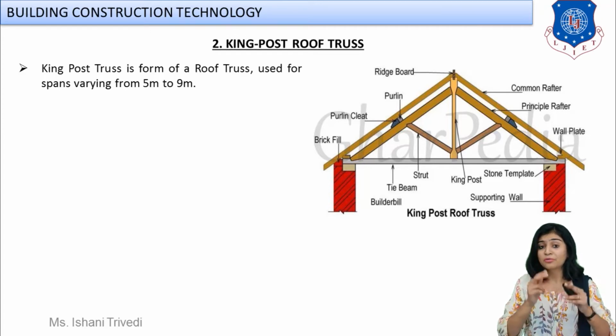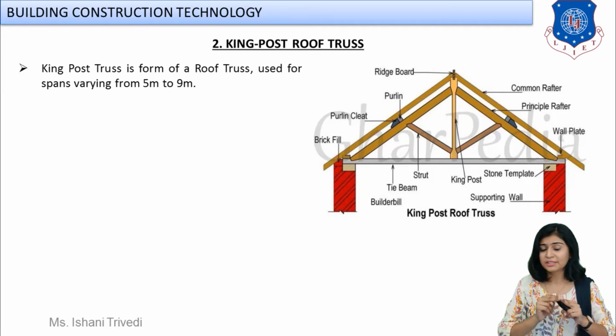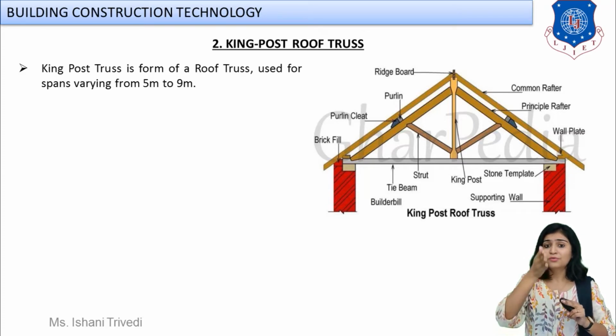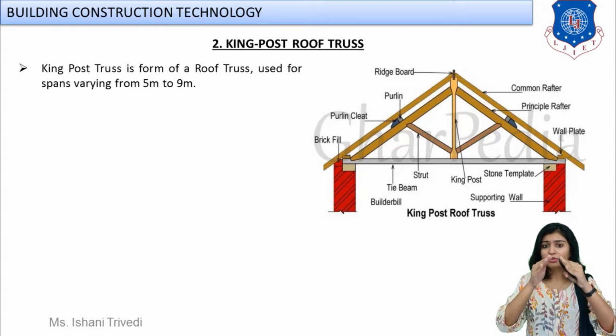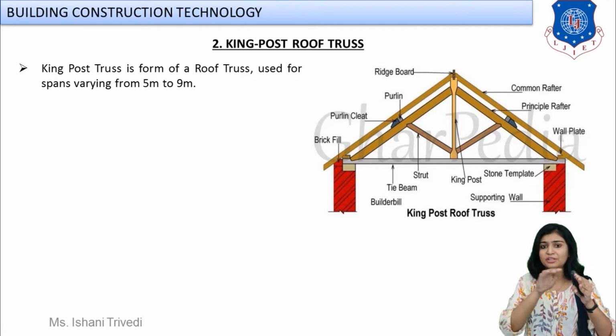Next, what do we have? We have secondary rafters. Can you see that? We have primary common rafters and then we have secondary rafters. Now, the common and secondary rafters have a vertical post passing at the center. Yes, we can see that. Now, the secondary rafters are called principal rafters. Okay? Next, what do we have? Both of these common rafters and the principal rafters are connected to each other with another horizontal beam, known as, what is it written?